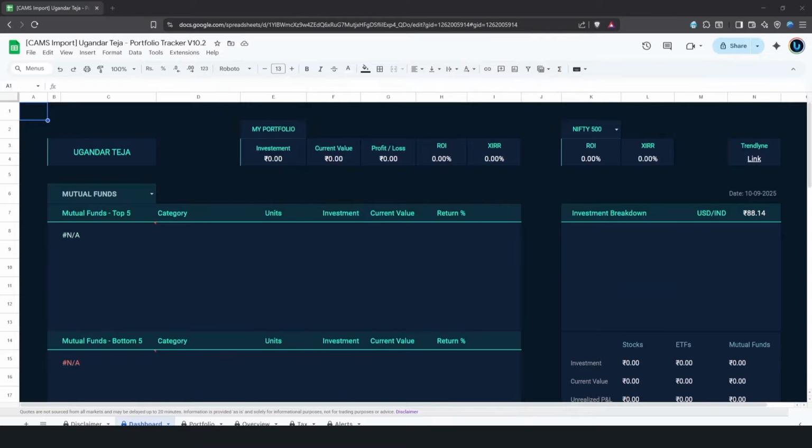Hello everyone. In this video, I will show you how to import your mutual fund transactions from the downloaded CAS PDF into your Google Sheet Portfolio Tracker. If you are not aware of my Google Sheet Portfolio Tracker, you can watch its video from the link provided